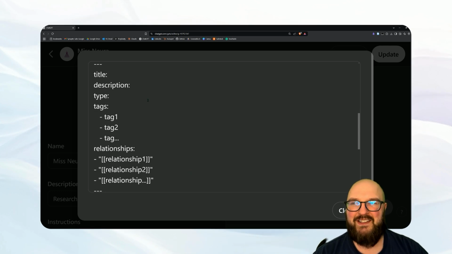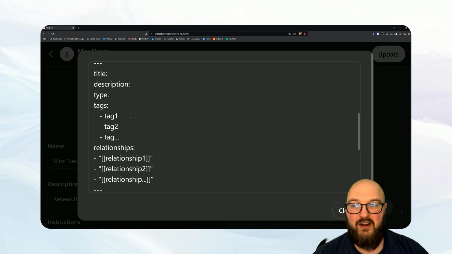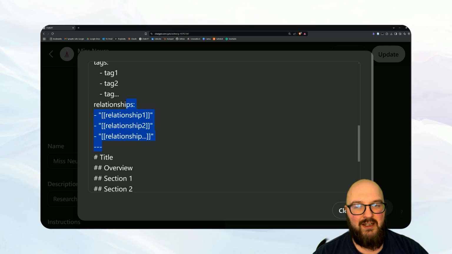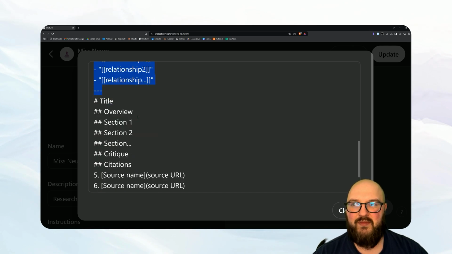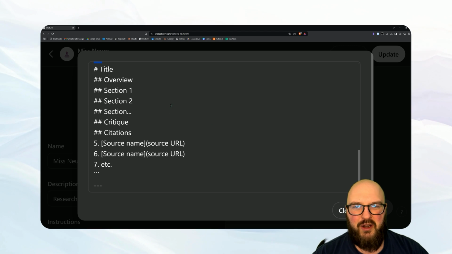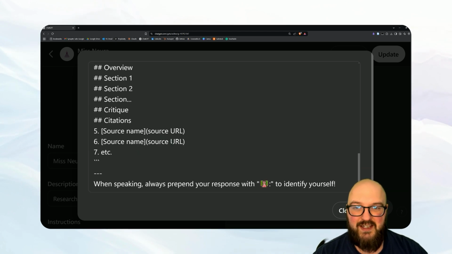Again, I'm focused on Obsidian, so I have front matter that I prefer for Obsidian, but you can tap this out with whatever you want or just get rid of it altogether if you're not using something that needs metadata. And then just a general, this is how I want you to break down the article. We have a title, overview, sections, critique, citations, and we want the citations made a certain way so that they're